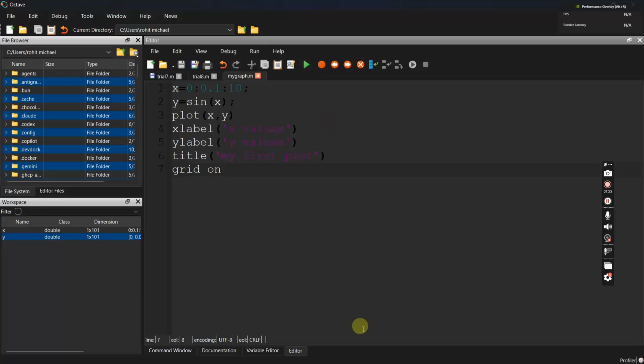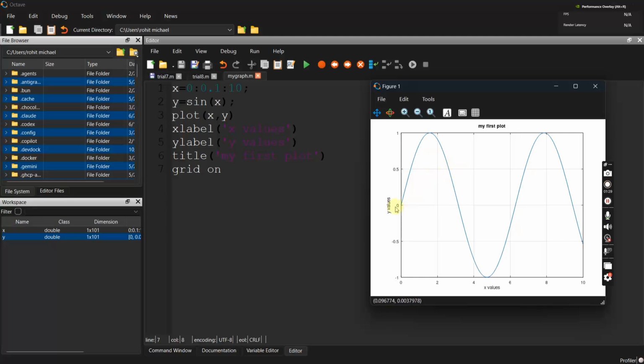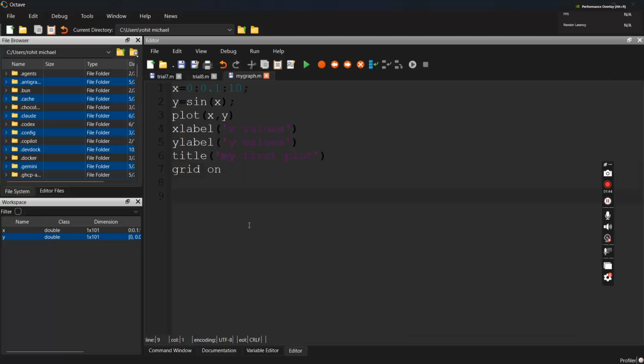So when I run this, we can see the graph coming up. See, these are the y values, these are the x values, and this is my first plot. And if I do y2 is equal to cos x, I can plot two curves at once, and I can use a legend that says which is which. Let me show you. So if I put y2 is equal to cos x,